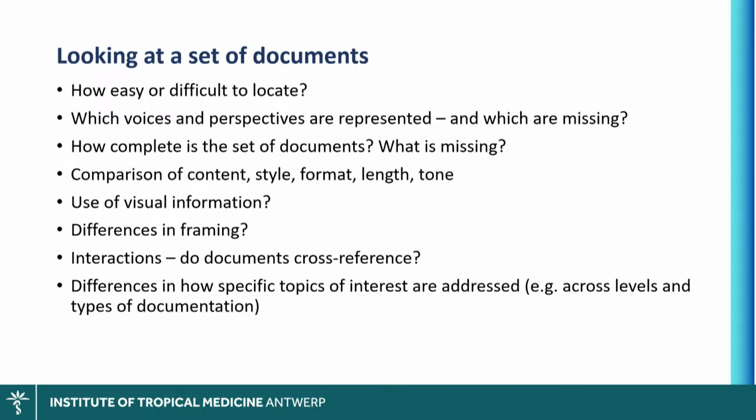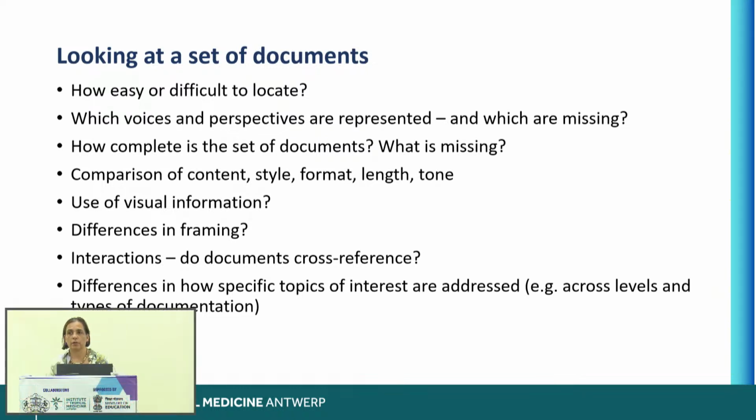Okay, so overall, I think it's important when you describe the methodology for this document review that you make some notes. How easy or difficult is it to locate these documents? Because later somebody might say to you, oh, but you completely missed out X, Y, Z. And then you can say, yes, but it was impossible to get a hold of that. So you are already safeguarding yourself because you're noting the limitations of what you can and can't do. Which voices and perspectives are represented?